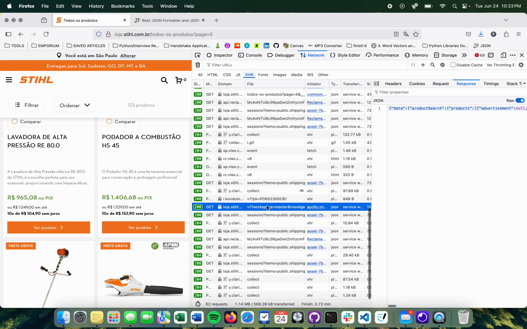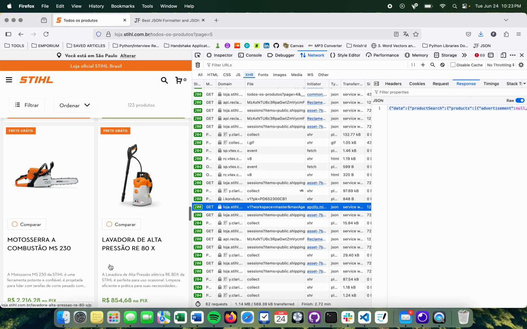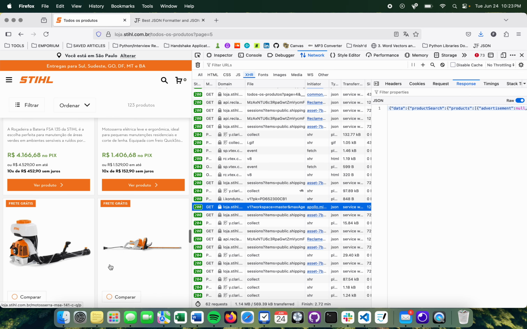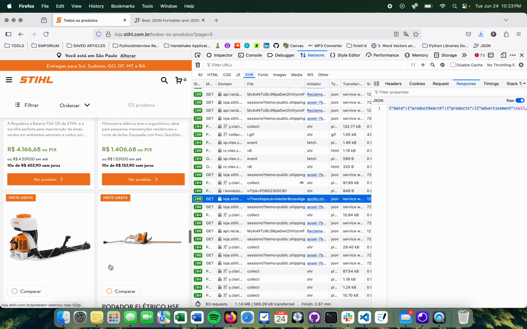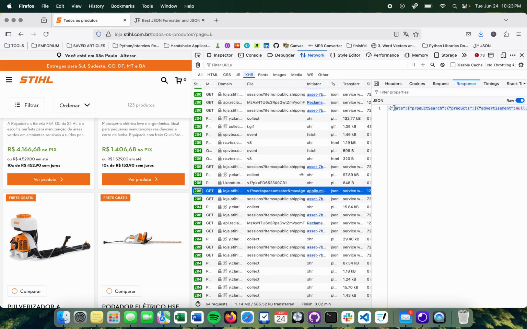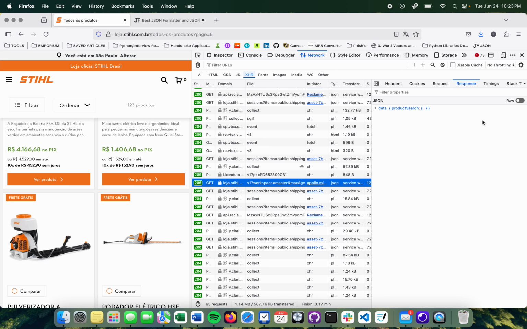Where is it? Right here. We have our next one, and each one of these has 12 new product info. Now, normally, what makes my life so much easier is if this GET request has some sort of pagination, like a page number here that says what pages it's going for. But for example, if we take off the raw JSON, we can see here that there are 123 records,